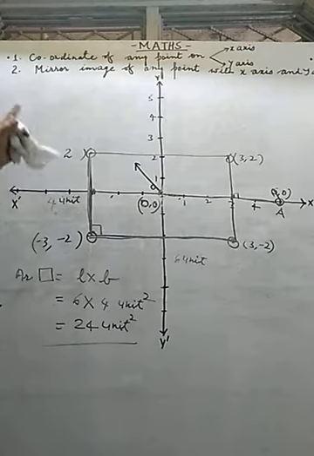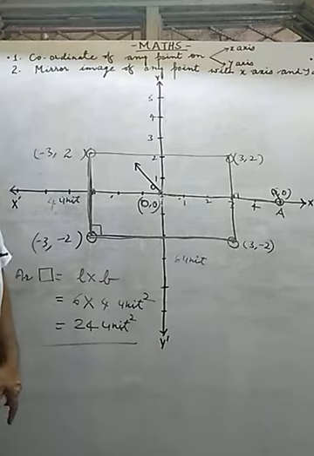In this way, if it is a triangle, we have to apply the formula of a triangle. If it is a quadrilateral, we have to find the area by using the concerned formula, the formula for the area of a rectangle or a square. In this way, we have discussed the coordinates of any point on the x-axis and y-axis. Secondly, we have discussed the mirror image of any point with respect to the x-axis and y-axis. Third, we have discussed 3 points. Suppose 3 points are there and these 3 points are interconnected.